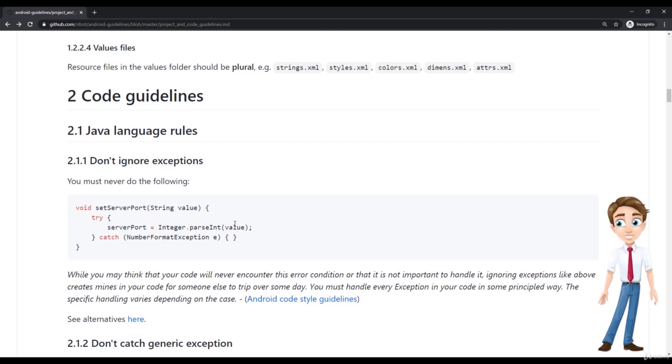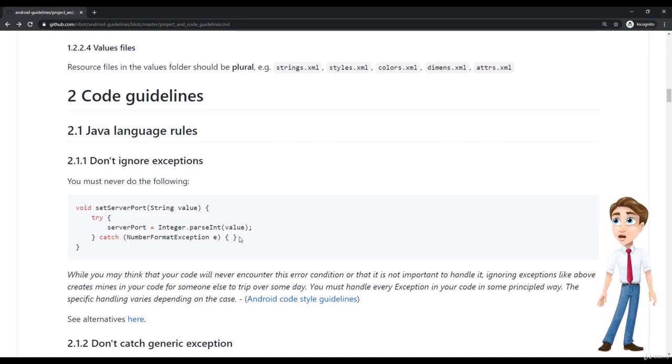Now this is something similar, not the same, but similar in terms of you should never catch an exception and not do anything with it. You should have some kind of logic. So if an exception has been thrown, well, something has gone wrong. You've probably tried to parse a wrong value and you need to do something. You can either send a report, or you can recover from this point.